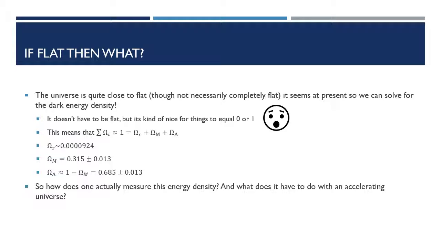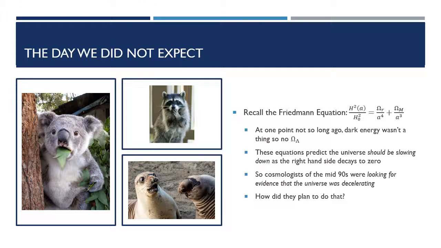But how would one actually measure this? I mean, this is great and all, and this is just a calculation that one could do, but it turns out that there were some expectations that we had. Well, actually, we expected the opposite, because at one point not so long ago, we generally didn't write any kind of dark energy or cosmological constant in the equations of general relativity or the Friedmann equations, because we had no evidence that the term actually existed. There were a few anomalies that we'll come back to, but basically we were able to describe most of the universe without it.